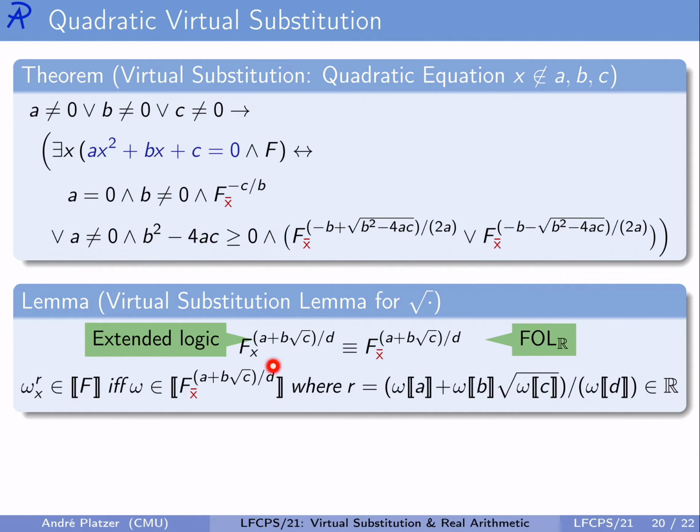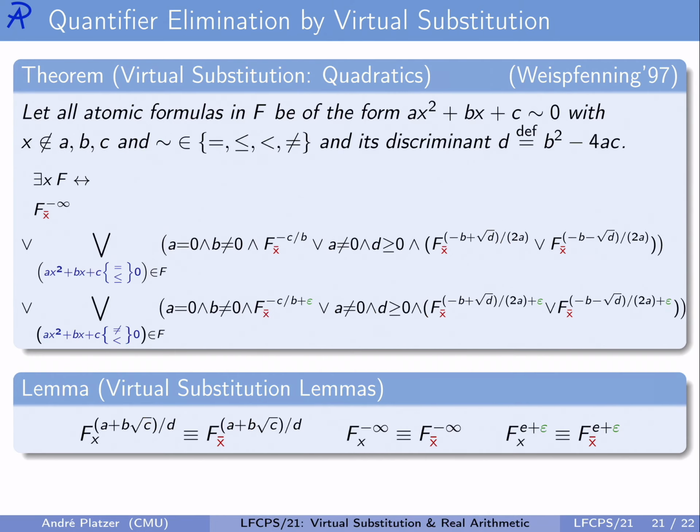It says literally or virtually substituting square roots into it are equivalent formulas. Just these stay first to the logic of reals. Now we've also seen how it generalizes to the presence of inequalities. If we don't have an equation as a conjunction in the quadratic elimination conditions, and we have to work with the inequalities, it's a bit more complicated, but if all of the formulas that are atomic in F are quadratic or linear or maybe constant inequalities, so they'll summarize the quadratic case, then there is